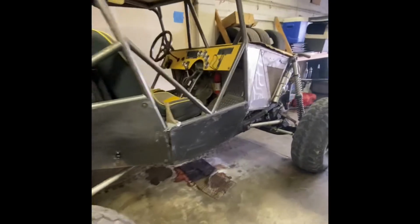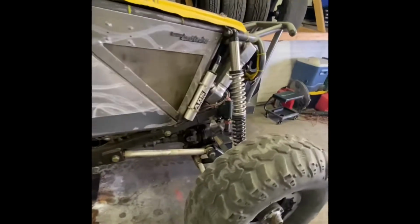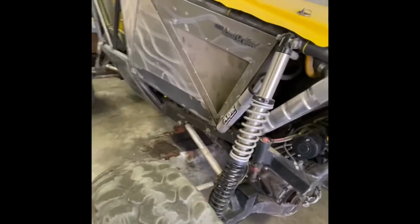What else would be cool? Let me show you guys the buggy. Probably not as familiar with the off-road stuff. So this thing is a little bit wild. The camera angle is making it look all distorted and stretched, but